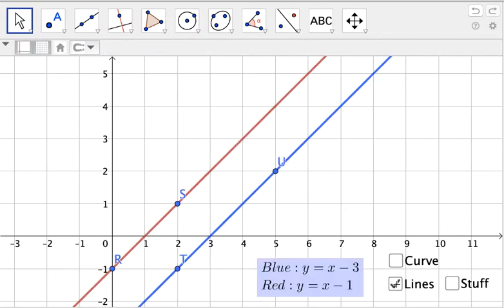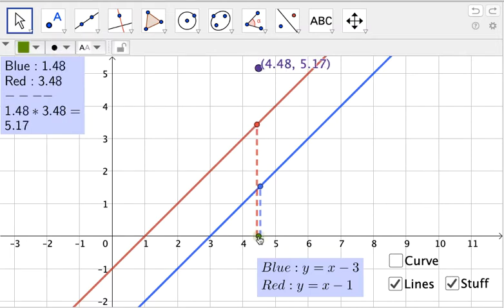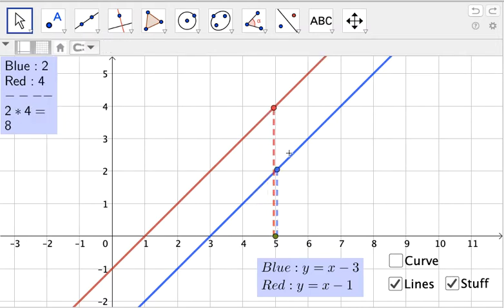And we're going to start by looking at two lines. In this case, we have x minus 3 and x minus 1. And we're going to think about what happens if we multiply these two lines together. And what that really means is that we're going to take the y values at any point and multiply them by each other. So, for example, suppose that we have for x value of 5, the blue line's y value is equal to 2, the red line's y value is equal to 4, so when we multiply them, we get